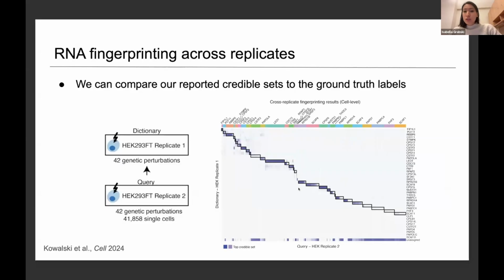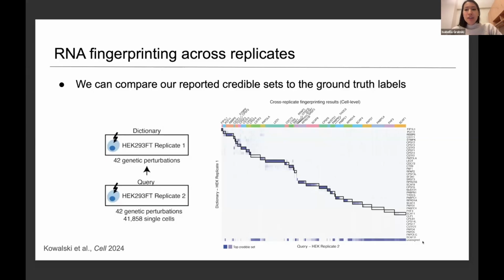On the other hand, there are also perturbations, especially over here, where we instead tend to report credible sets containing multiple related members. For example, all of these cells got a CSTF1 perturbation, and we often find credible sets containing both CSTF1 and CSTF3. So when uncertainty exists, we can capture and correctly report it rather than confidently assigning the wrong label.